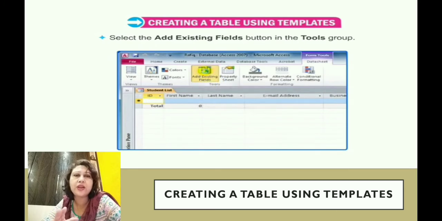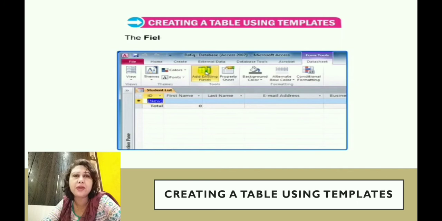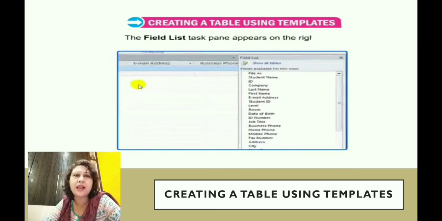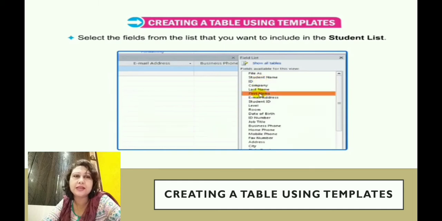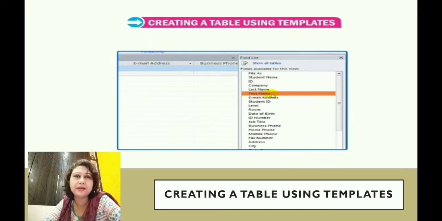We don't have to do anything, the options will already be available in the tab, and we just select it. The Field List task pane will appear on the right-hand side. From there we select the fields from the list that you want to include in the student list, that is in the table.